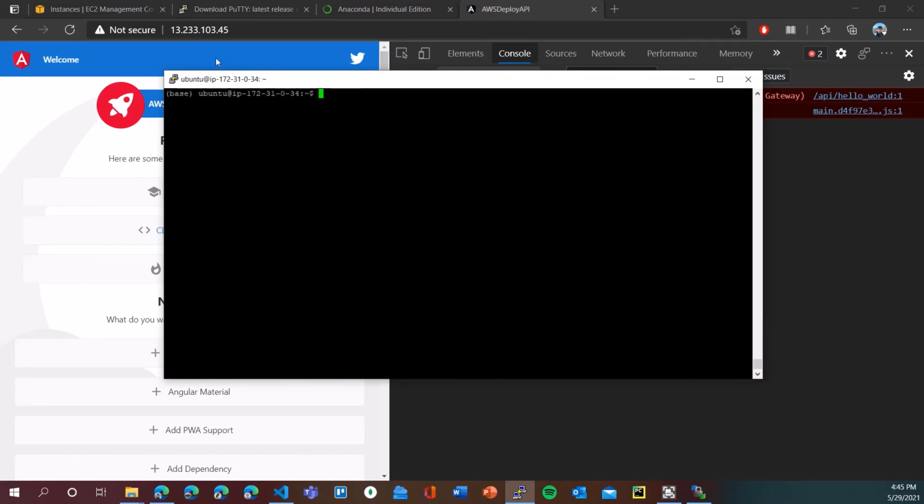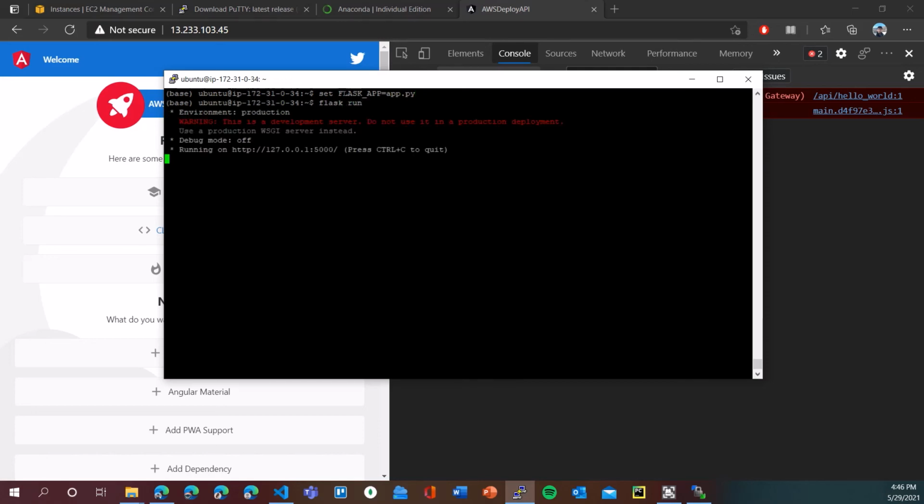So even if we disconnect from the remote server, our Flask server will keep on running. So create the screen, type set FLASK_APP equal to app.py and then do flask run. So now our Flask server is running on port 5000.